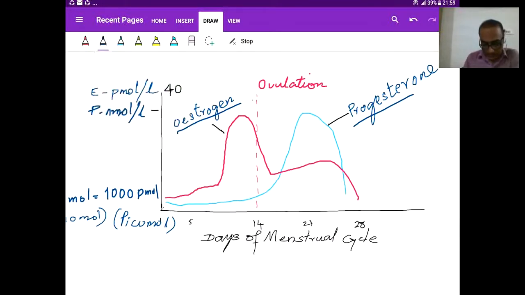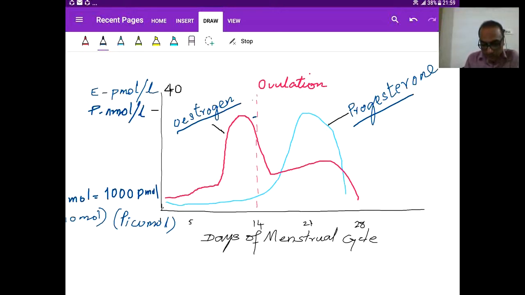Now if you look at this graph, the level of estrogen also is low during the menstruation phase. In the follicular phase it gradually increases, and all of a sudden just before the 14th day there will be